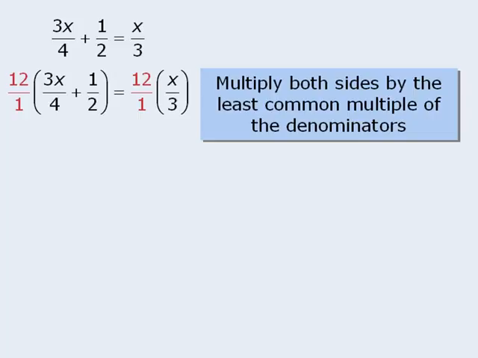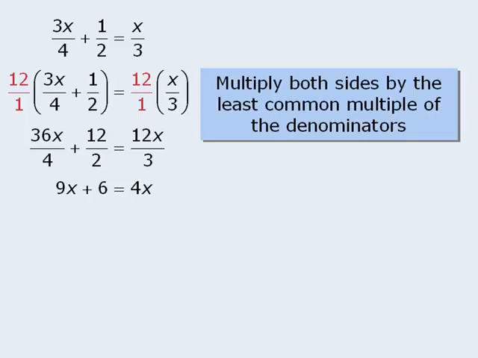Now at this point, we need to expand the left-hand side. So first we will multiply 12 and 3x over 4 to get 36x over 4. Next we'll multiply 12 and 1/2 to get 12 over 2. Now I could have simplified these products, but I'll do that in the next step. On the right-hand side, we'll multiply 12 and x over 3 to get 12x over 3. At this point, all of our fractions simplify nicely. 36 over 4 is equal to 9x, 12 over 2 is equal to 6, and 12x over 3 is equal